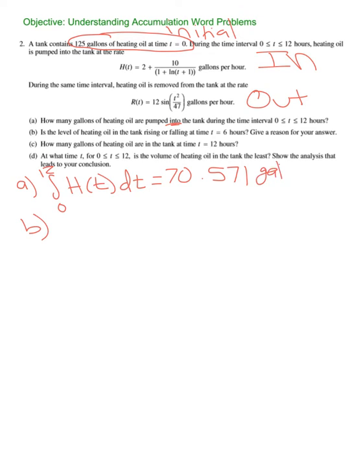Put gallons. Is the level of heating oil in the tank rising or falling at T equals 6 hours? So we need to figure out what's happening at 6. So I found H of 6, and I got 5.395. And then R of 6, the removed, was 8.319. So I said falling